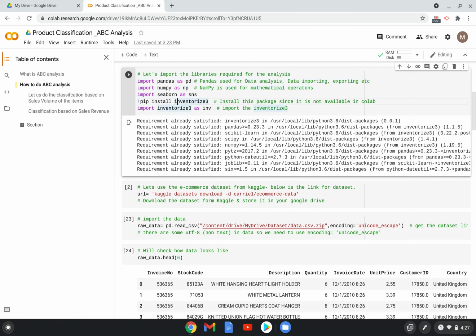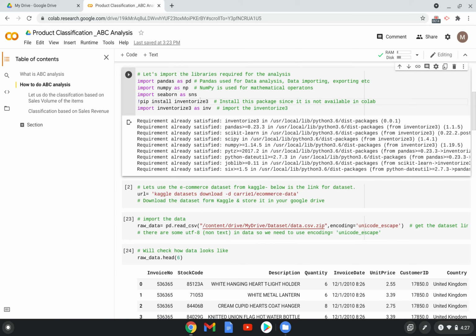The other one is the inventorize3 package. I don't think most of you know this package, but it is basically for this ABC classification. This is a very useful package for ABC classification.